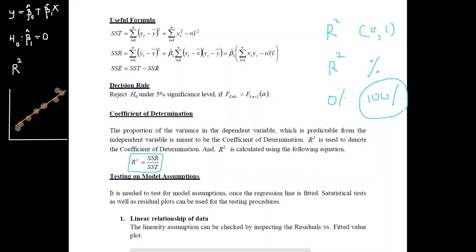But think about this situation. If you have data points with very large deviations among each other, and you fit the model for this, then it may not be as good as the previous one.